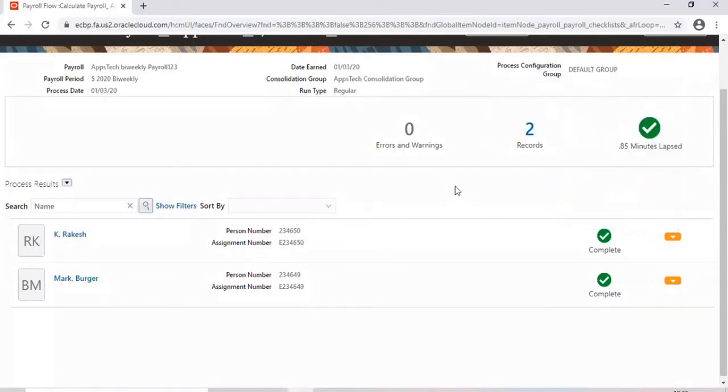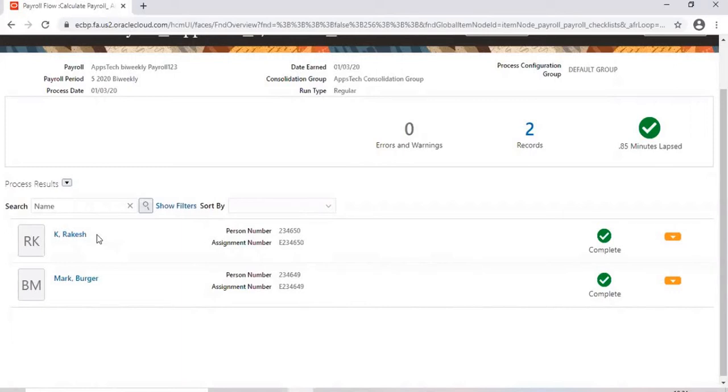So this is the payroll process. It calculates employees' gross salary, net salary, how much we are supposed to pay, how much deductions there are, how much earnings there are, all those sorts of things. But it is not going to pay. It is not going to say that this is the salary the employee is getting, that's fine, but in this account the salary is going to be credited.